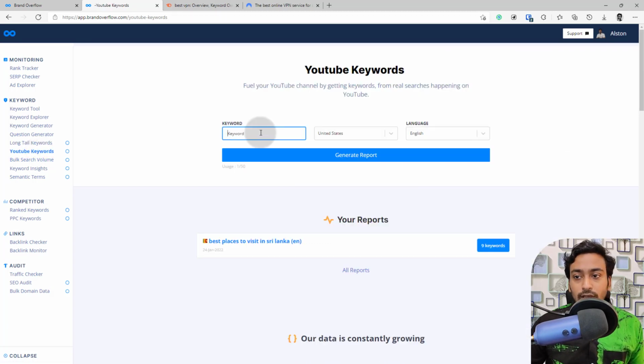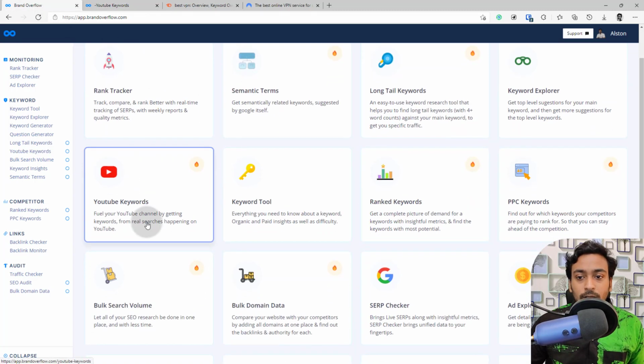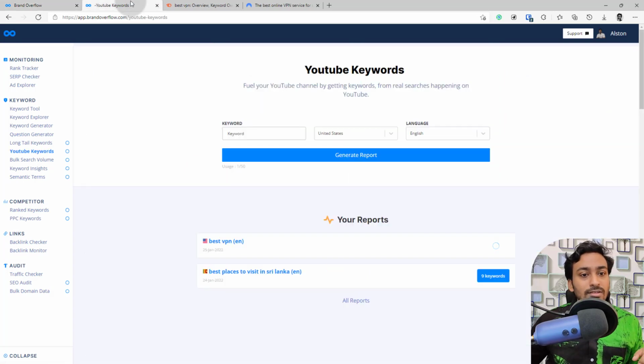Now let me go into the YouTube keyword. Let me put this and let me go into this YouTube keywords. Fuel your YouTube channel by getting keywords from real searches happening on YouTube. So all this time we have been seeing the data coming from Google. But let's say you are not trying to rank SEO-wise on Google or something like that, but you want to find what is popular among YouTube. So similar to Google auto suggest,